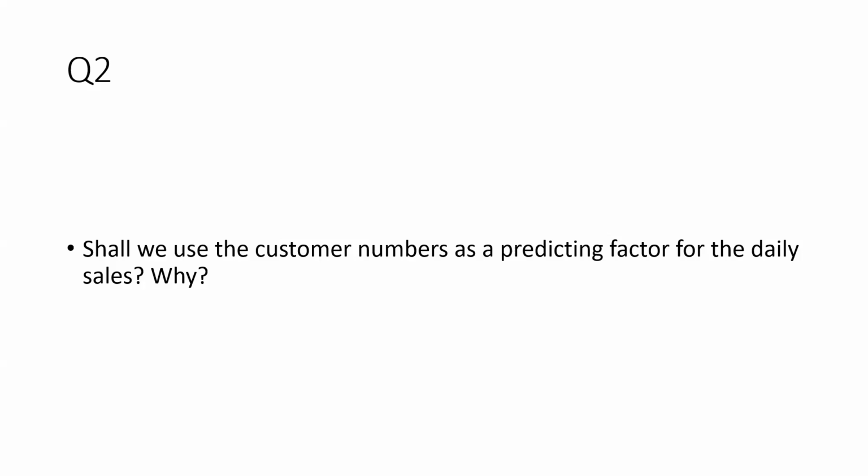Now, I don't think as a predicting factor. I guess what I was referring to here is, when you are tackling this kind of problem, rather than building one model or one algorithm to predict the overall sales, you can break up the overall sales into two categories. So basically into two response variables. You can break up the overall sales into the number of customers visiting the store. That's one response variable you can predict.